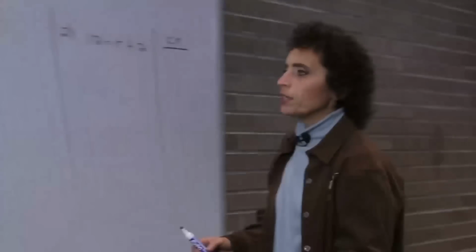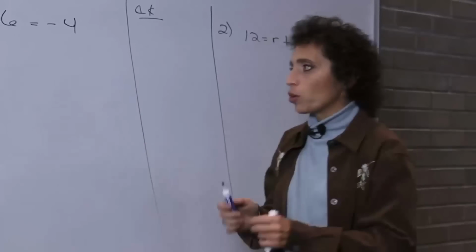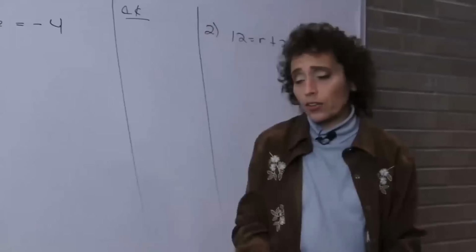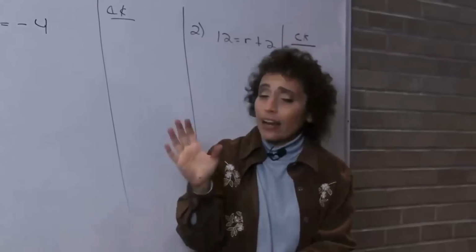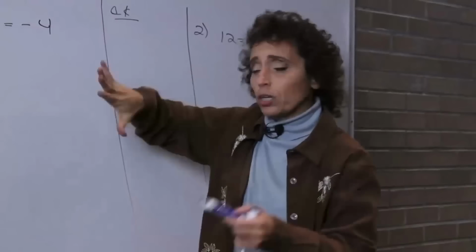Let's look at number 1. Number 1 says a minus 6 equals negative 4. You probably know the answer to that, but we're going to work this out anyway. Remember the goal. Keep the goal in mind. Variables on one side, numbers on the other. And I'm going to show you some little tricks. I never move anything that's alone on one side. So see this negative 4? It's alone. I'm not going to touch him.